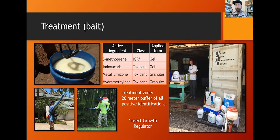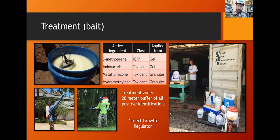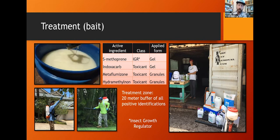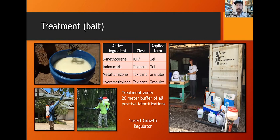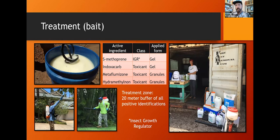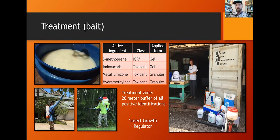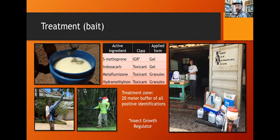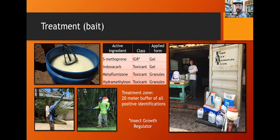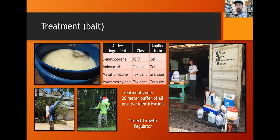And so bait is the best way to do it. There's other ways to kill insects, like everybody's familiar with Raid or something. You spray it directly onto the insects. That will kill the insects, but if you do that with ants, you're just killing the workers. You're really doing nothing at all. The queen will just produce new workers to replace the ones you've killed, and you'll be going around in circles